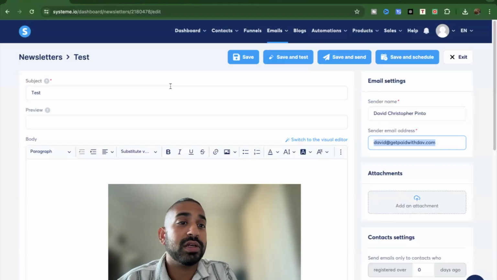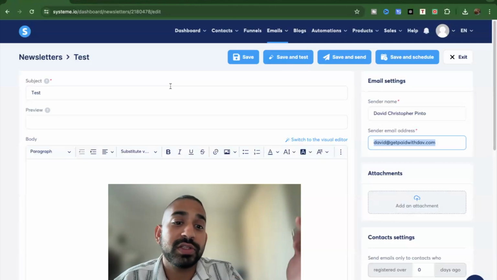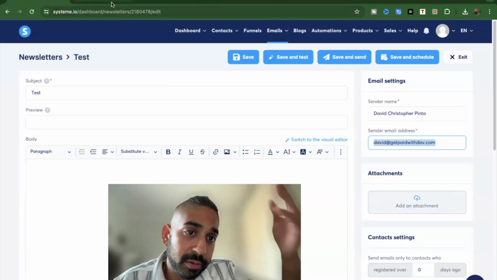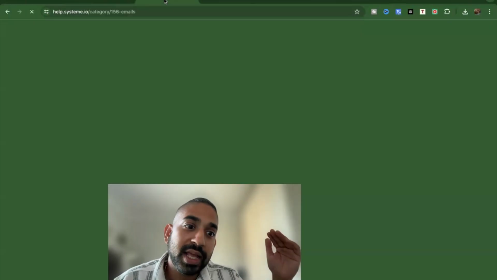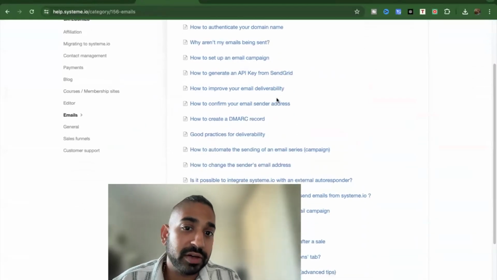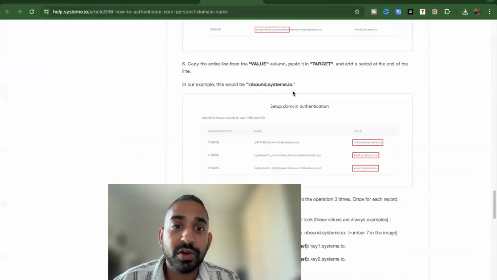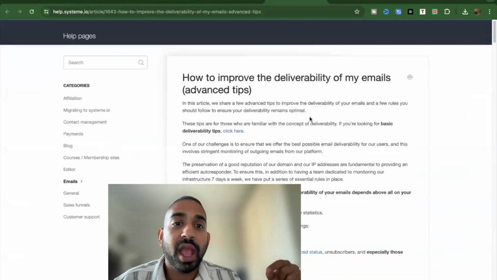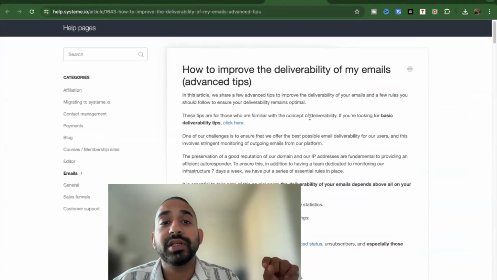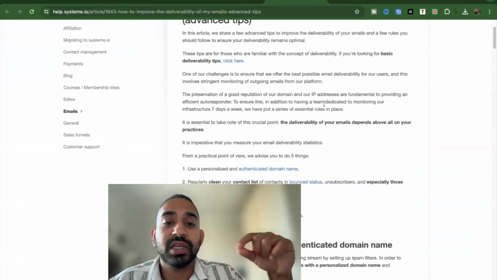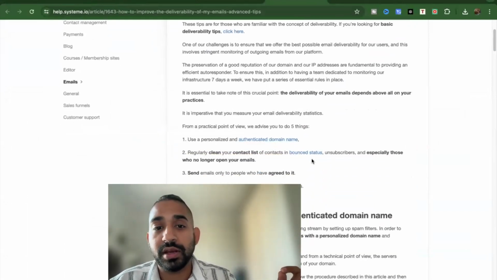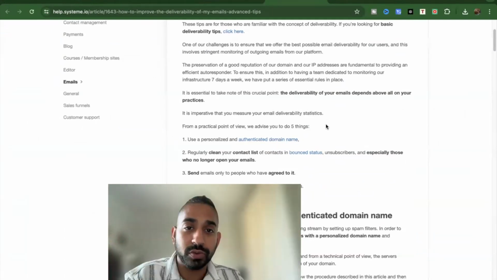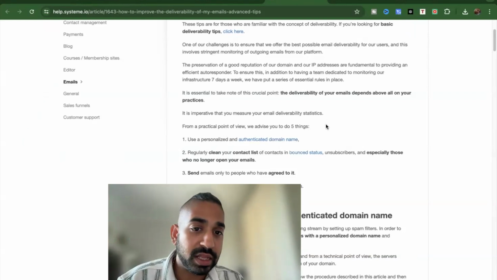You have to take into consideration that this is how it is because of policies, privacy policies, and so on and so forth. Hopefully you guys understand that. So in order for you to get it, there are some help pages within System.io itself. In the email tab right here, you'll find all the email-related questions. You can find out how to authenticate your email domain. This is what you need. Follow this article right here, and also check out how to improve the deliverability of your emails. These are tips that System.io is giving you, and again, they're talking about a domain right here. So these are two ways that you can arrive at that training, because I know a lot of people might not know what to do. But it's very simple. Everything's in these articles right here.